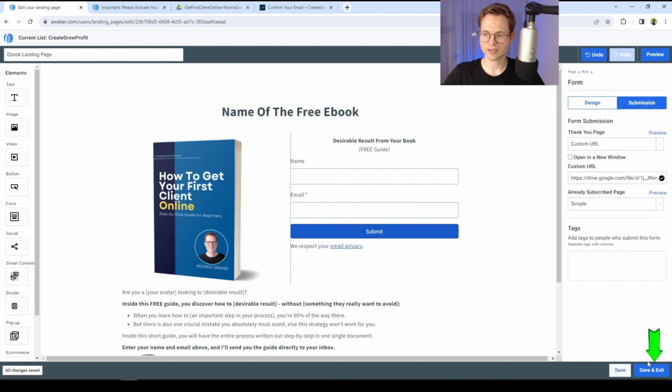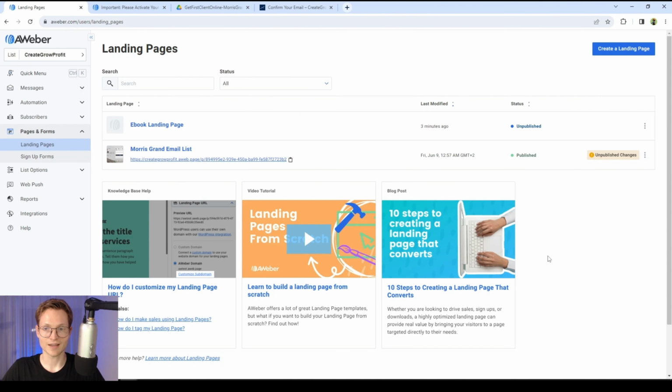All right, and then you just click on save and exit down here in the bottom right corner, and this brings you back here to the landing page's overview. And here you can see the landing page we've just created. It's called ebook landing page. Here under status, you can see right now it's unpublished. So you need to hover this row and go to this icon that says publish. You click on this,